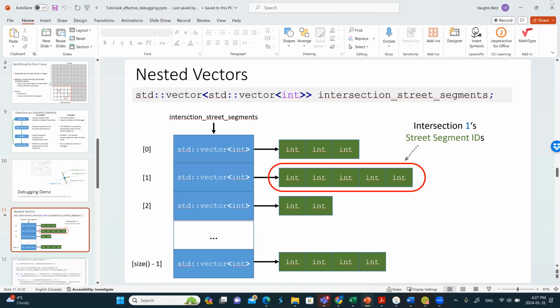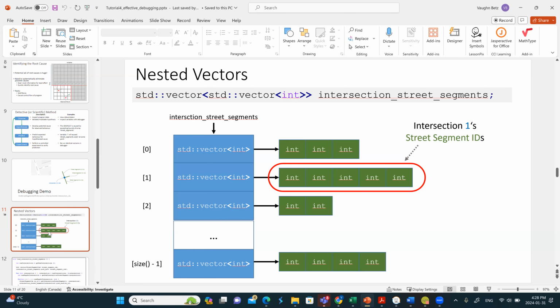Actually, let's go back here for a second, because I kind of want to remind you of where we were last week. Before I do this debugging demo, I'm going to quickly take a look here.